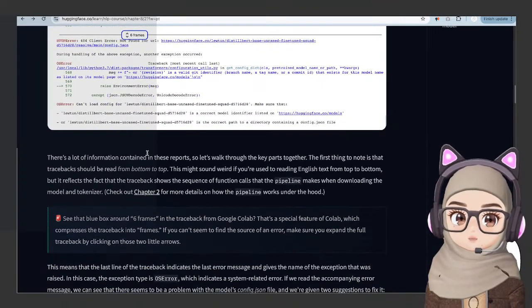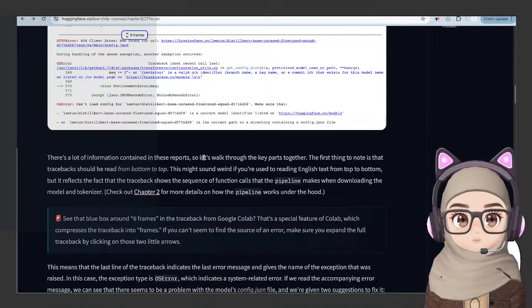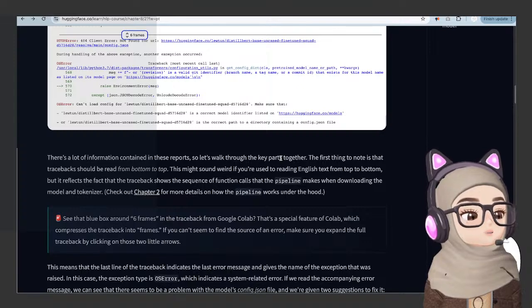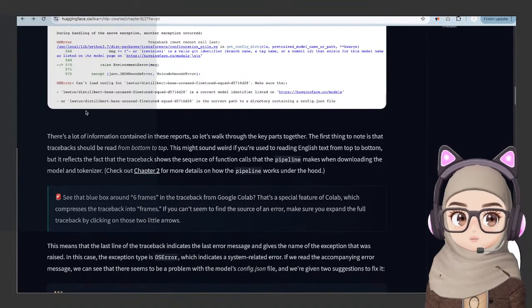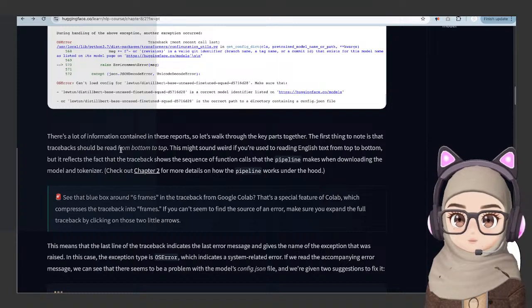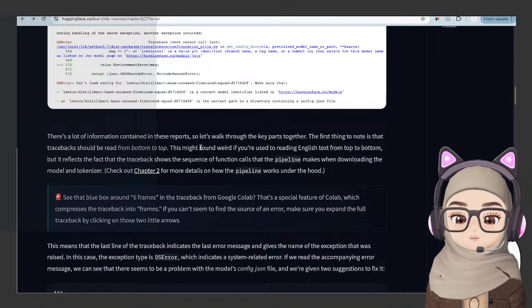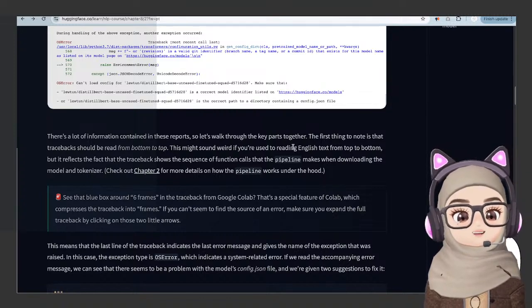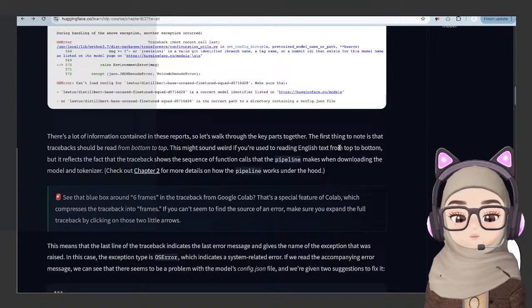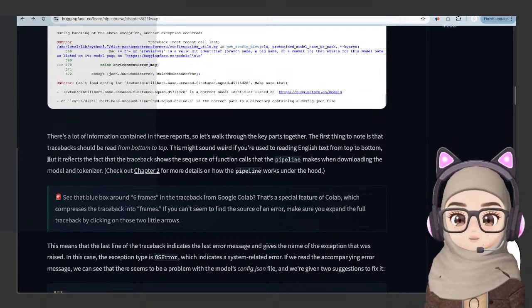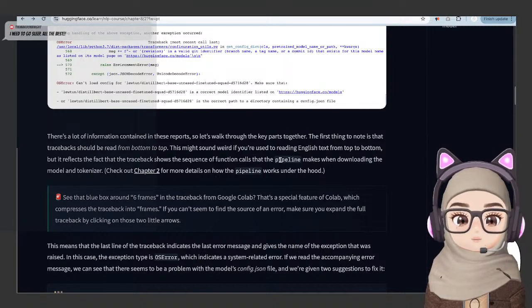There's a lot of information contained in these reports, so let's walk through the key parts together. That's fun, I actually like this. First thing to note is that the traceback should be read from bottom to top. Yeah, I guess I do that. This might sound weird if you're used to reading English text from top to bottom, but it reflects the fact that the traceback shows the sequence of function calls that the pipeline makes when